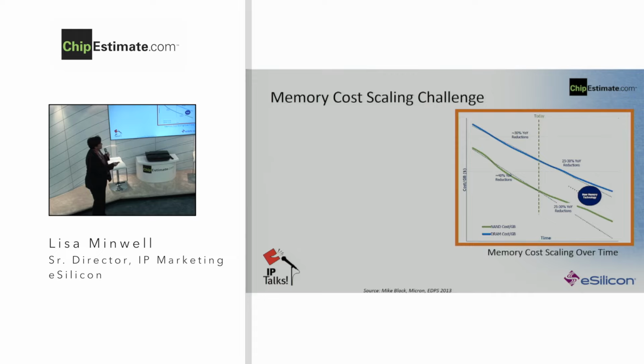You can see in the blue this is showing you the cost of DRAM. In the green it's showing you the cost of NAND. And you can see until about today that year on year respectively the cost was reducing 30 and 40%, and we were on a sort of linear track of expectation. So the technology has been able to keep up, from device technology as well as patterning,